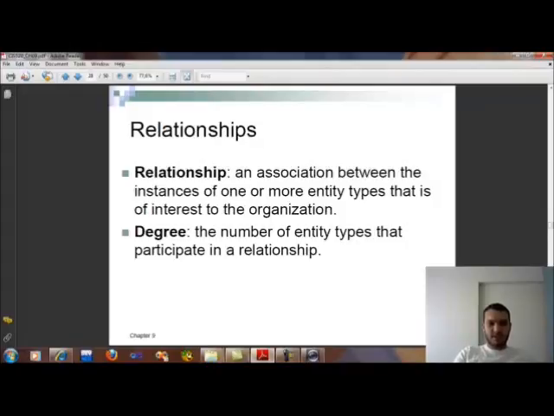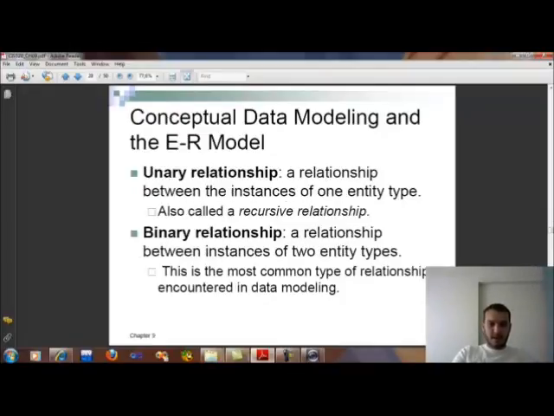What's a relationship? A relationship is an association between the instances of one or more entity types that is of interest to the organization. What's the degree? Degree is the number of entity types that participate in a relationship. And we can look at the conceptual data modeling and the ER model,